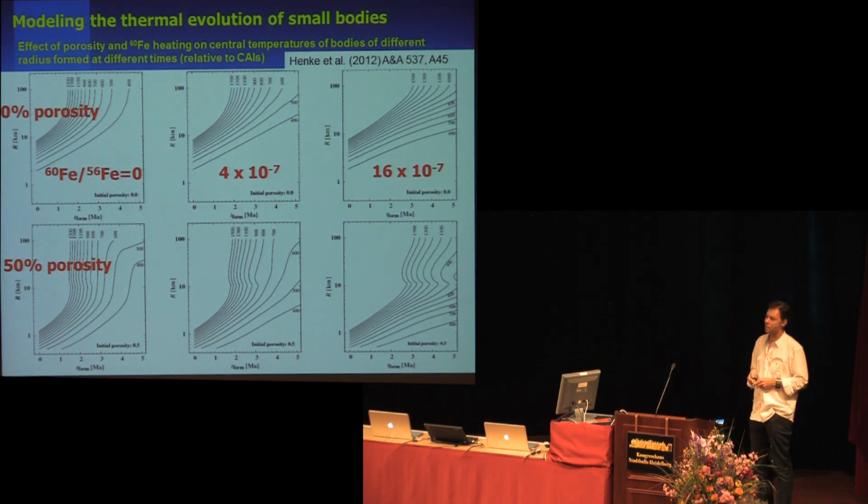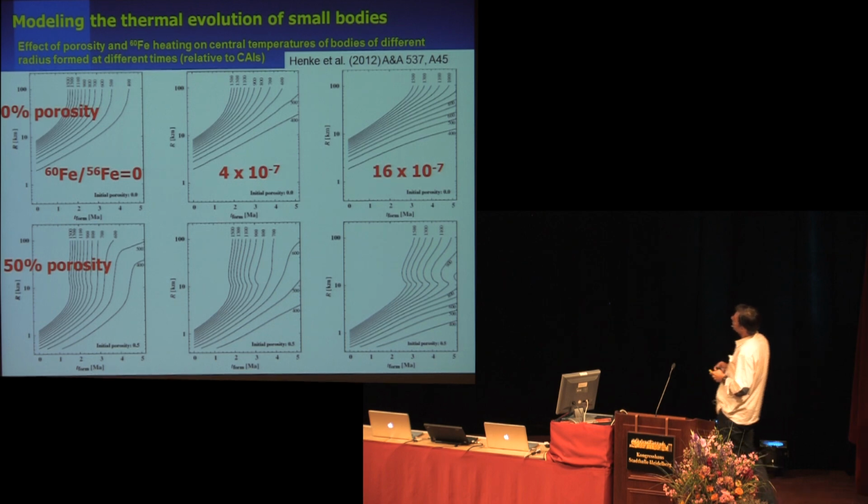Okay, another important parameter is the abundance of iron-60. These are calculations for 0% porosity, 50% porosity. What is shown here are temperature profiles, and here you have the radius of the planetesimal. Here you have the formation time of the planetesimals after CAI. So, for example, here, if you form a planetesimal within, let us say, 1.5 to 2 million years after CAI, the temperatures in the center of such planetesimals, if they are larger than 10 kilometers in radius, will be sufficient to achieve